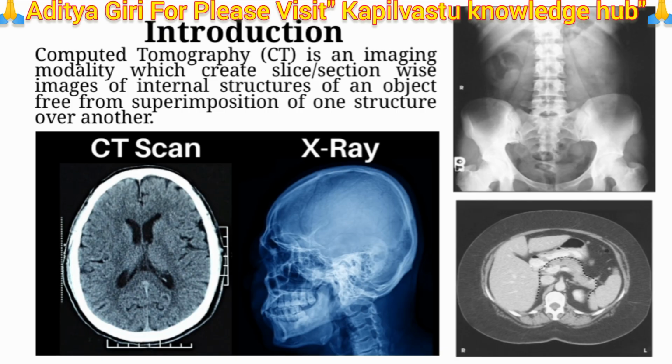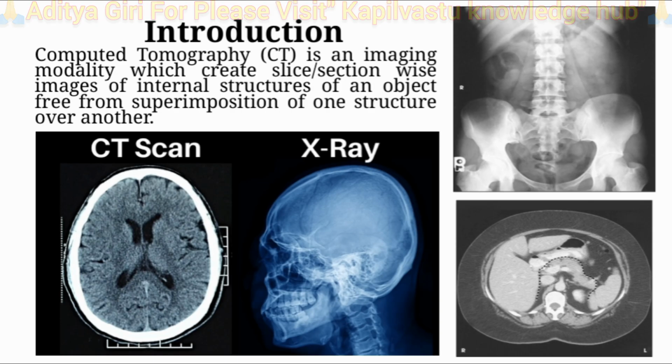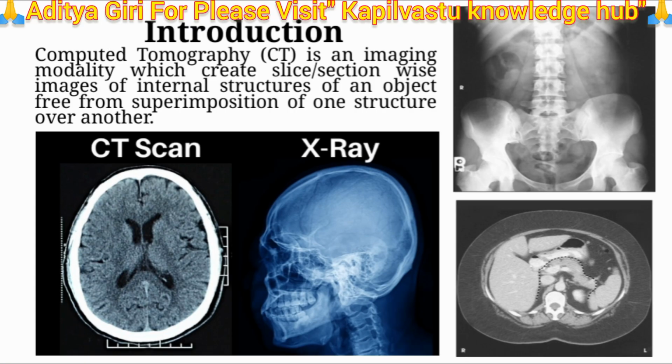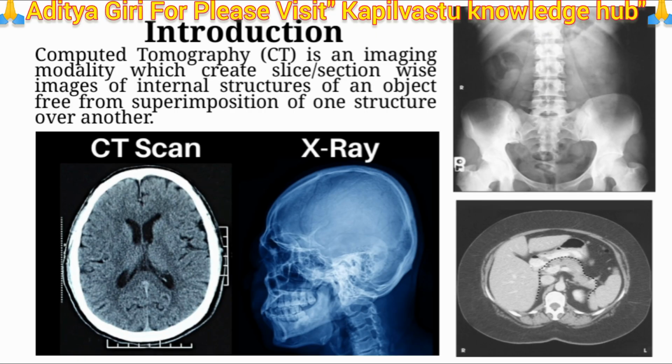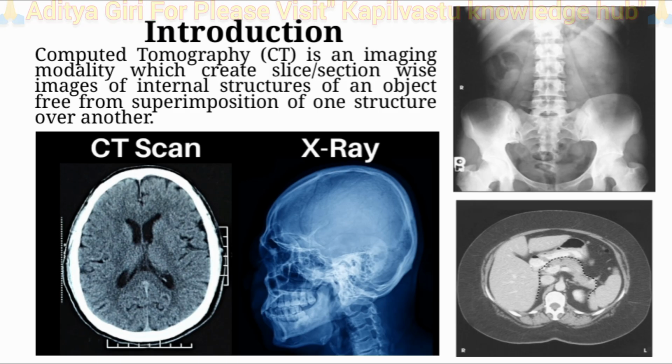One of the key advantages of CT is that it eliminates the problem of superimposition, which we often encounter with traditional X-ray images. In other words, with CT, one structure doesn't hide or overlap another, so we get a much clearer and more accurate picture of what's going on inside. This capability is crucial for diagnosing a variety of conditions because it provides us with precise and detailed internal views. Overall, CT has revolutionized medical imaging by giving us this sectional, slice-by-slice perspective that enhances our ability to assess internal